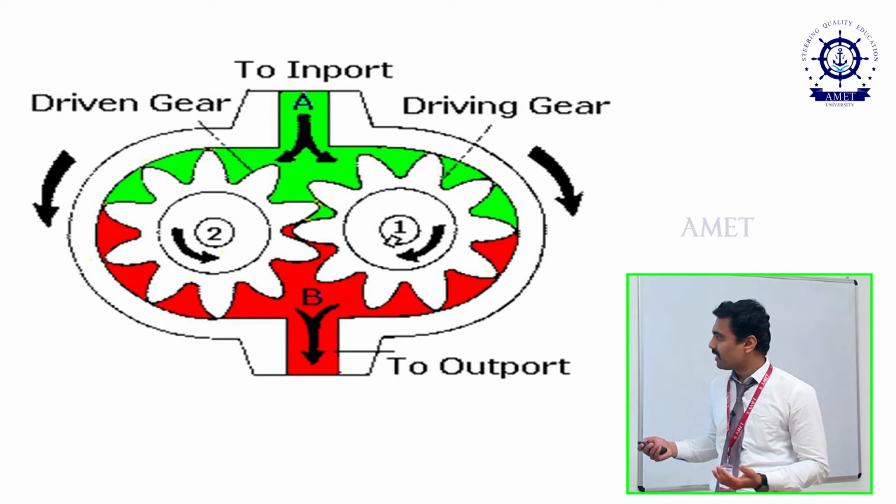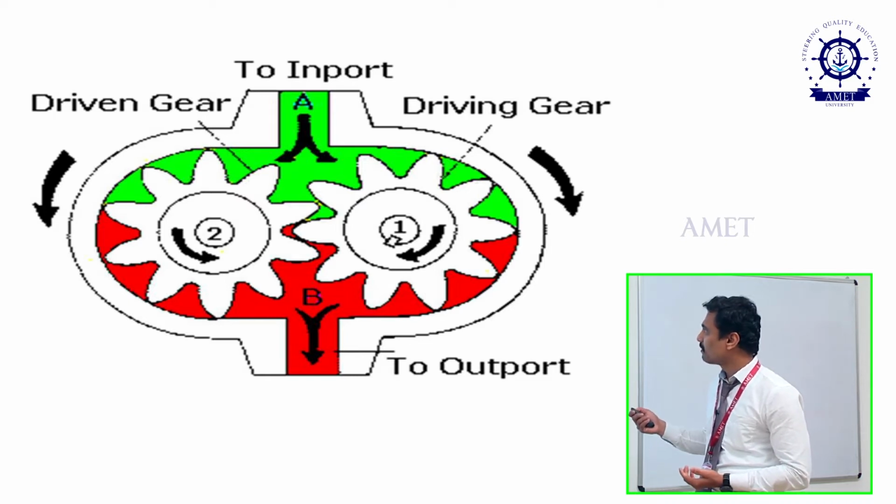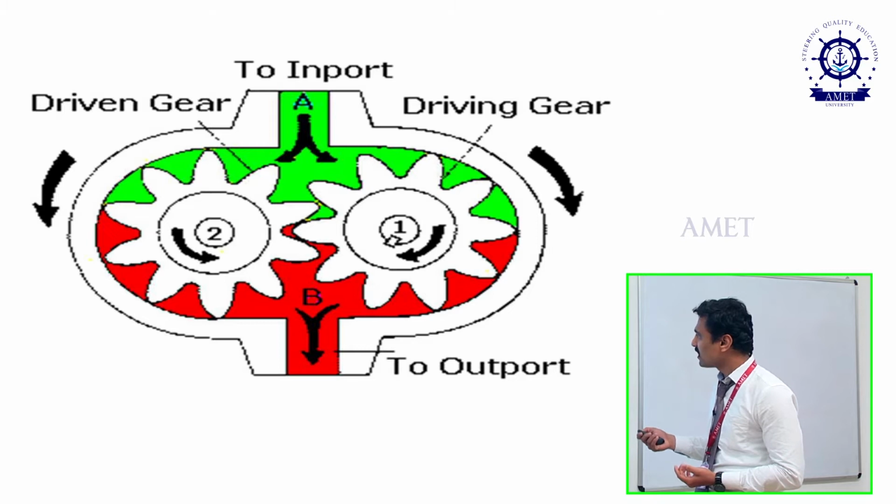objects. Here the green indicates suction, the suction portion of the oil. From here the oil will enter because of the suction which is created in between the gears. While the suction is created, automatically the oil will be sucked into the